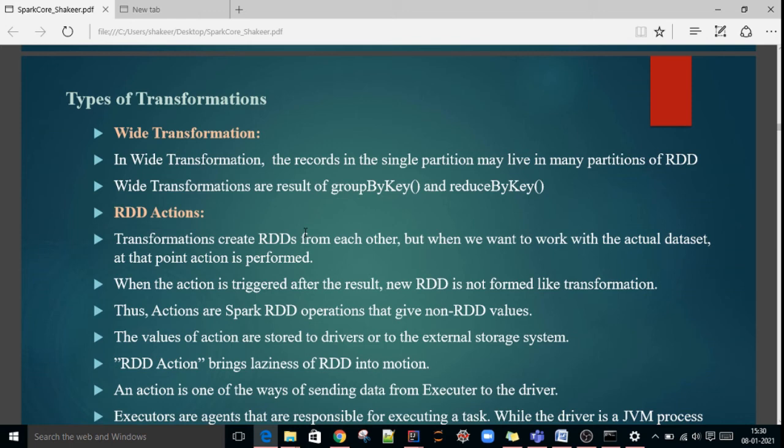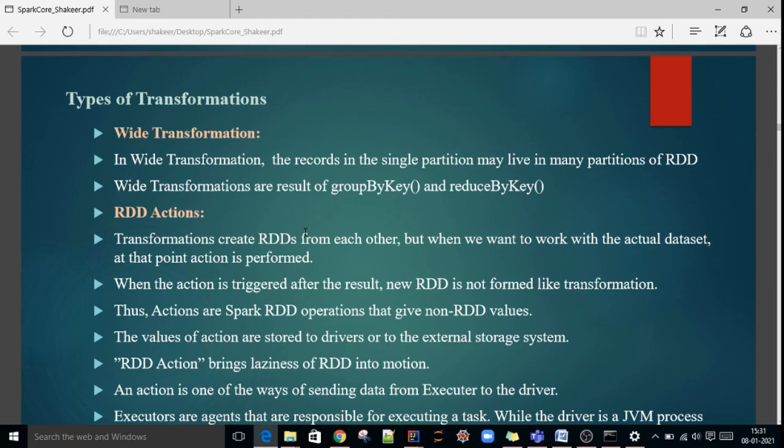Before an action is performed, the data will be available on the nodes in a distributed manner. Once you perform some action, it will come to the driver. So this is the main activity, driver program. Action is nothing but a driver program.